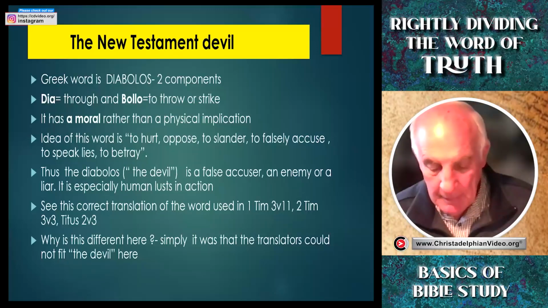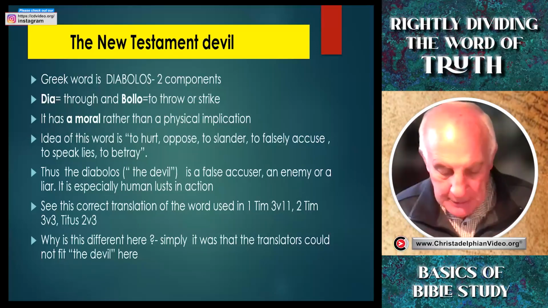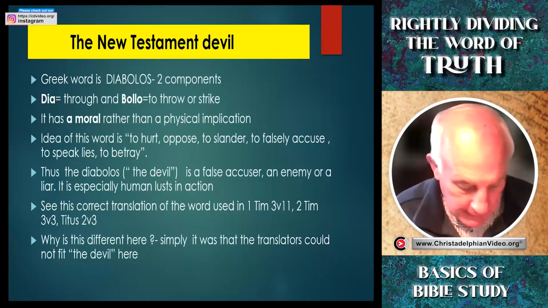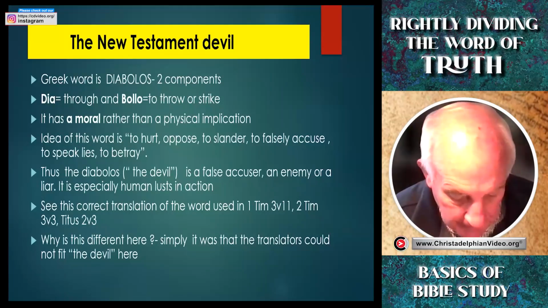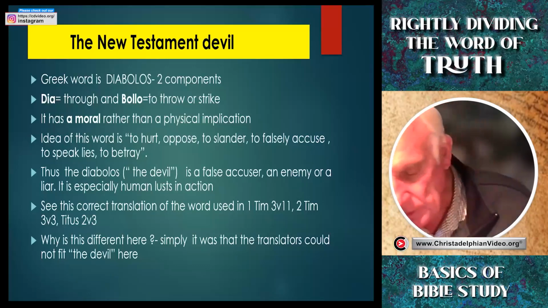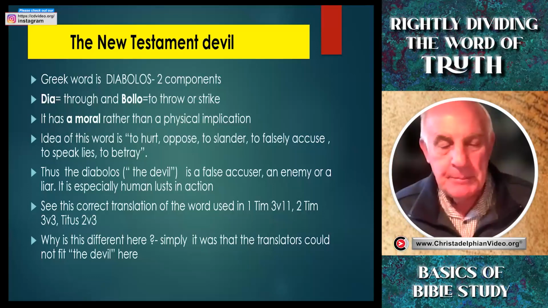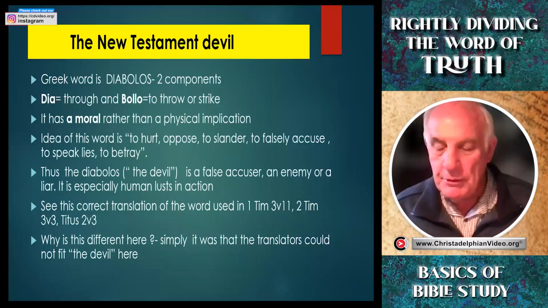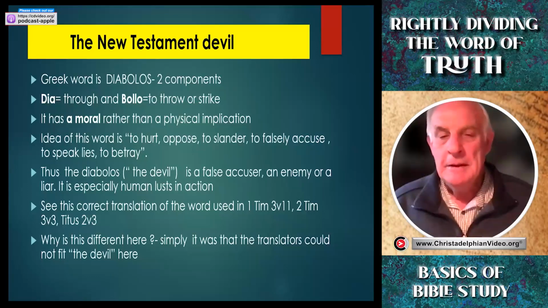When you come over a page to Titus chapter 2 and verse 3, again, we have the qualifications of the wives of those who would be put in charge of the congregation. It says the aged women in verse 3, likewise that they may be in behaviour as becometh holiness, not false accusers. So on 3 separate occasions, the translators just could not fit devils into the record,